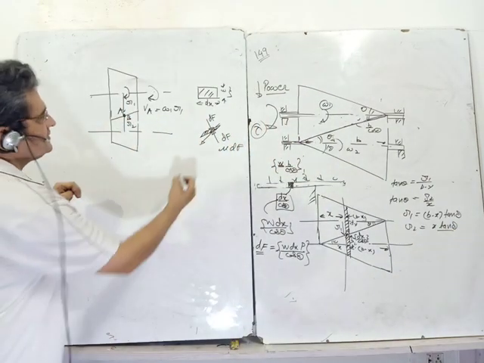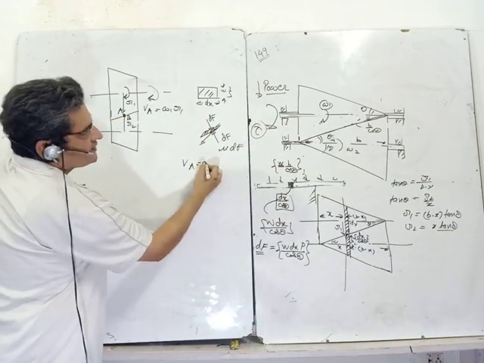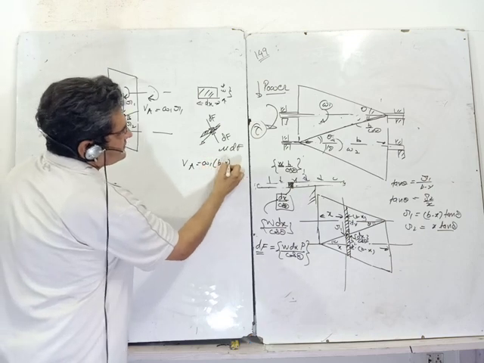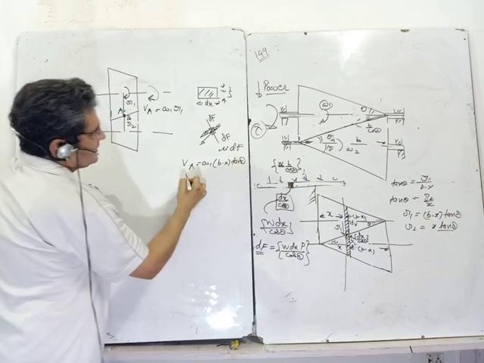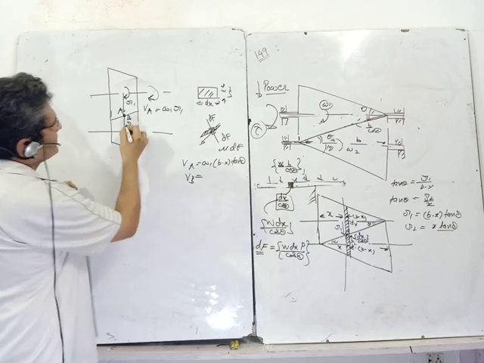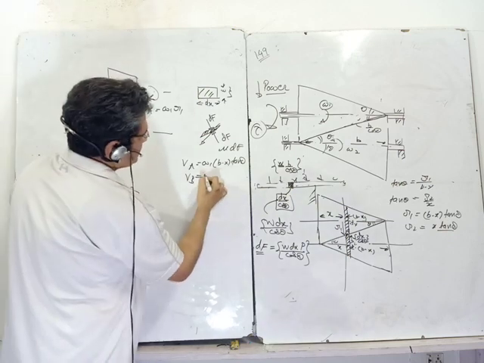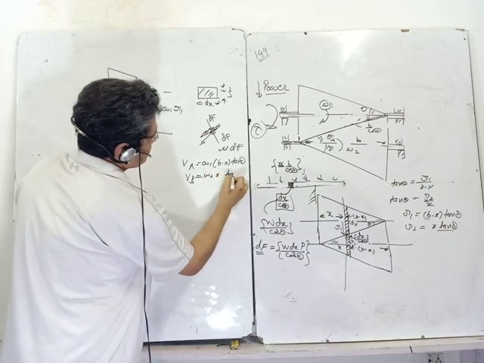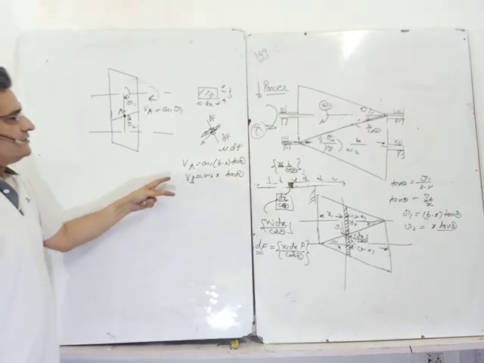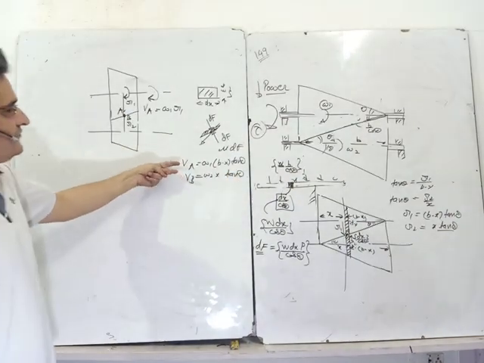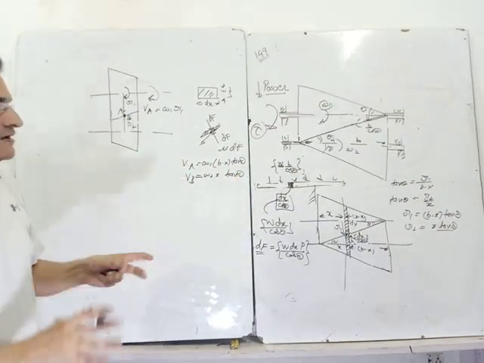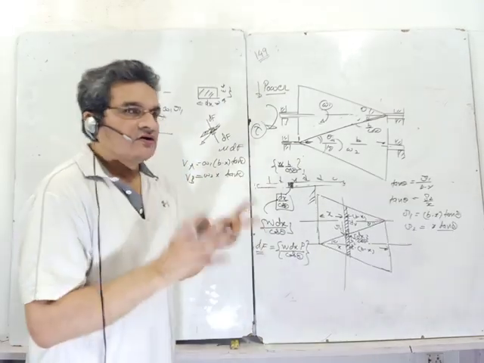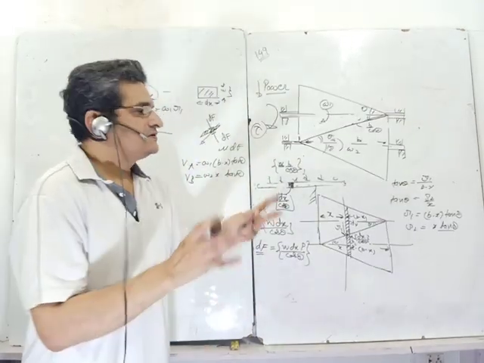So velocity VA is omega 1 (B minus X) tan theta, and velocity VB is omega 2 R2, which is omega 2 X tan theta. Now whether VA is bigger or VB is bigger, that will determine the direction of the frictional force, which is again key to